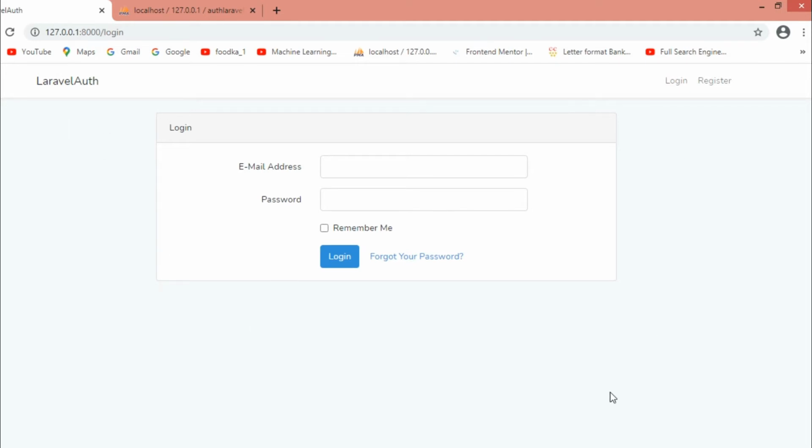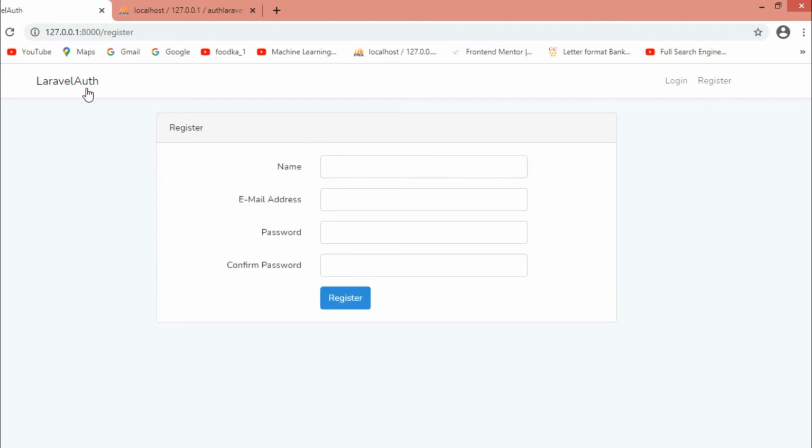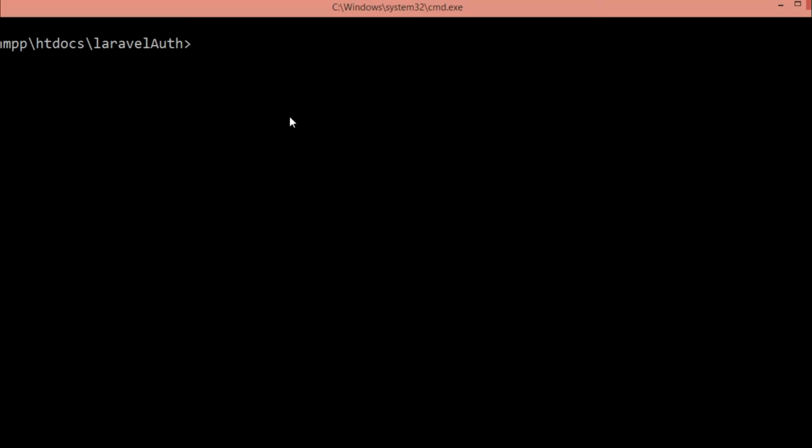This is the login interface, which consists of email address and password, and this is the registration interface, which consists of these fields.